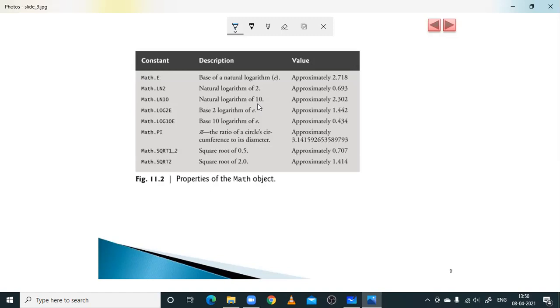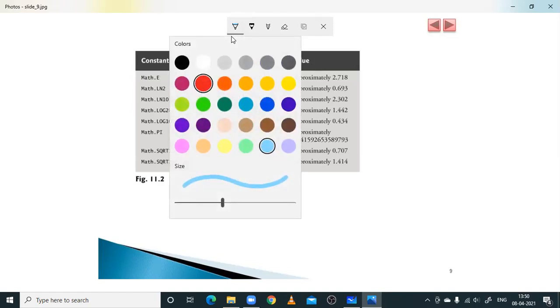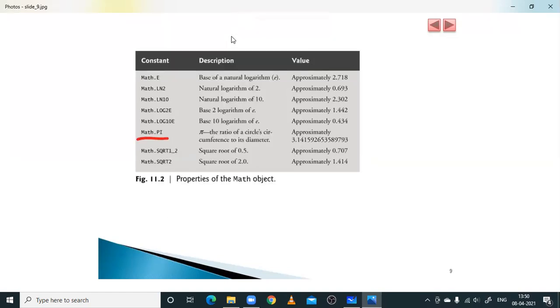You observe here Math.PI, which is nothing but 3.14 something. These are default, constant values which can be used. That is Math.E, Euler's number, the base of the natural logarithm, and the value is approximately 2.718. So these are some of the constant values which are available.